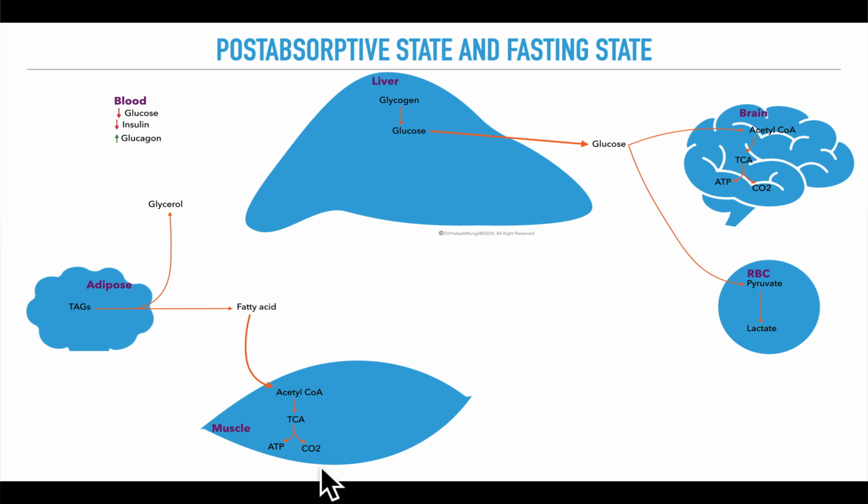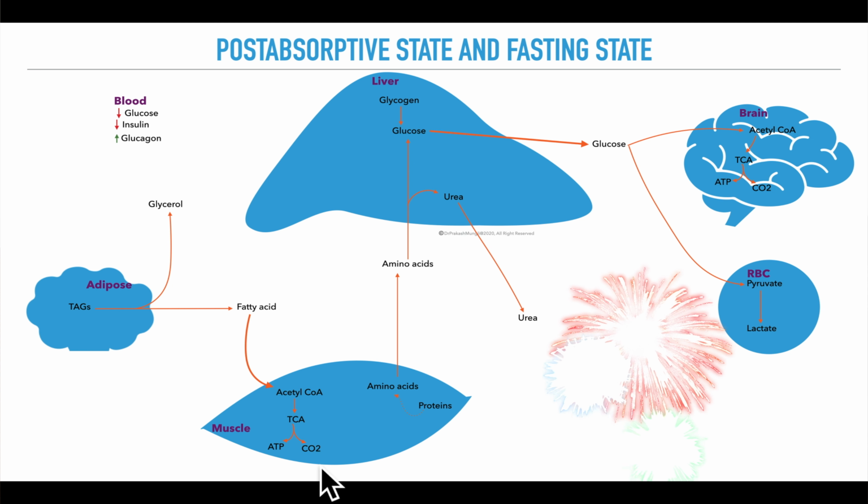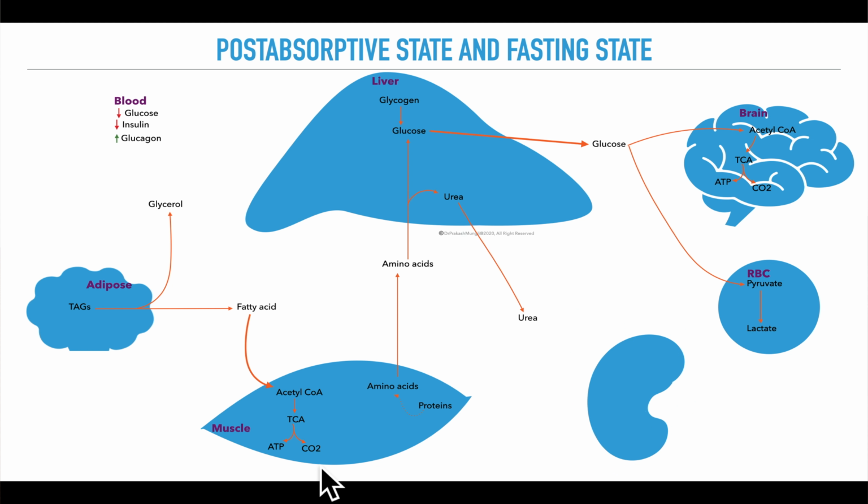Now, what will happen to the skeletal muscle proteins under the post-absorptive and fasting state? Initially, proteins are not broken down in the skeletal muscle. They do not undergo degradation in the initial hours of the post-absorptive state and fasting. The amino acids come from transamination reactions, and those amino acids go out of the skeletal muscle mainly in the form of alanine, and the next amino acid that goes out predominantly is glutamine.